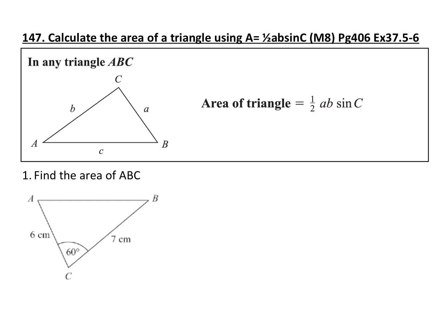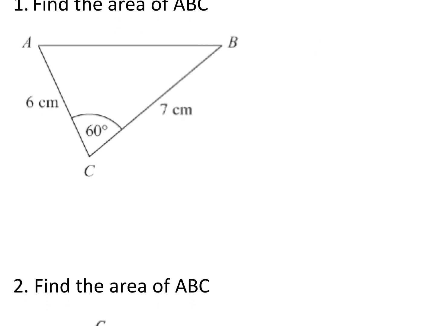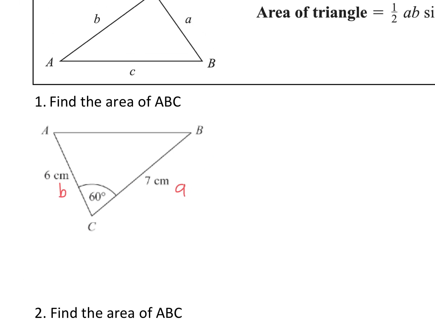Worthwhile task. So let's use it in question 1 to find the area of ABC. It's already labelled. We just need to label the sides. So opposite angle A is side A, opposite angle B is side B, and opposite C is side C. However, we don't need it in the